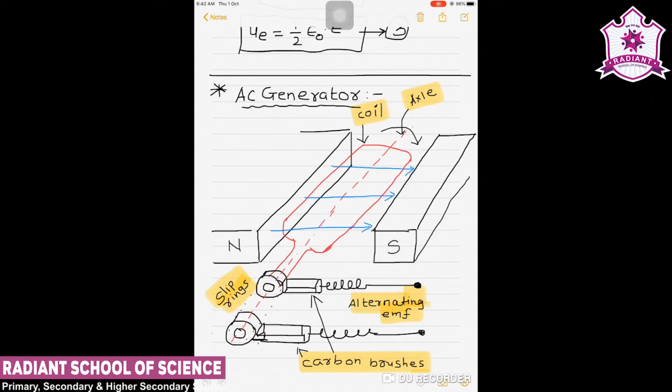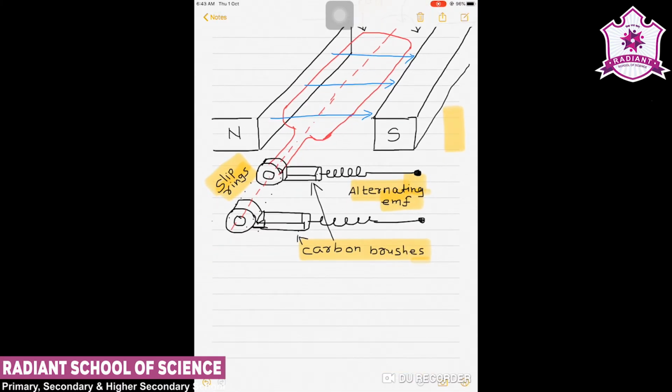So here, first of all, we consider that the coil rotates in a magnetic field B and the effective area of the loop, that is the face perpendicular to the field, is A cos theta, where theta is the angle between A and B. So when the coil starts rotating, it will have the effective area A cos theta linked with the magnetic field B, and this method of producing a flux change is the principle of operation of a simple AC generator.